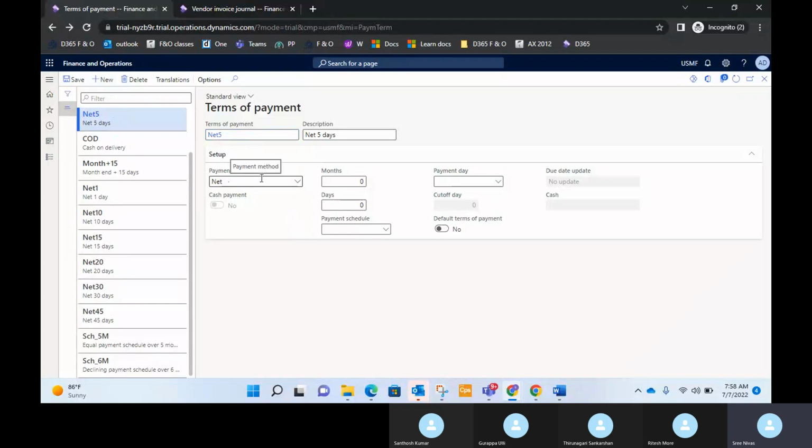So for that purpose, in the payment method you will have to select net, which is already the default, the first one, and then in the days field you'll have to give 5 days, and make the rest of the fields default. Let it be 0 on the payment day, payment schedule, everything let it be 0. So as per this one, if you click on save,